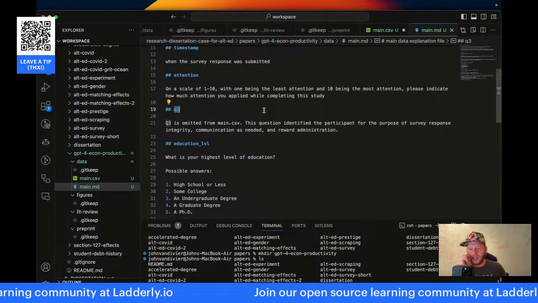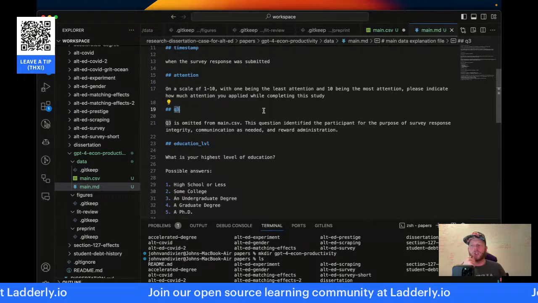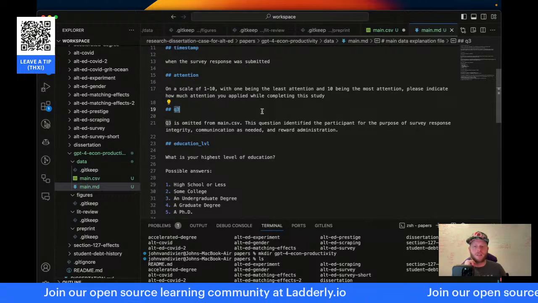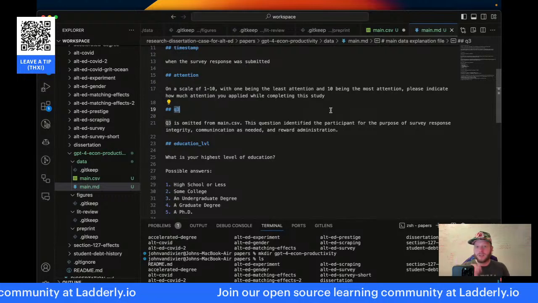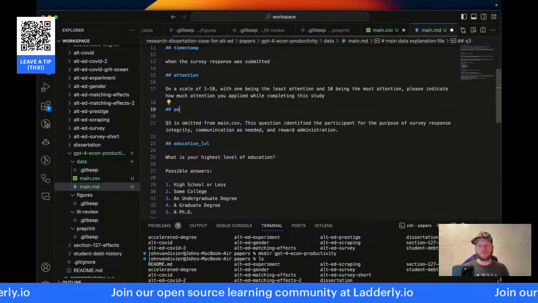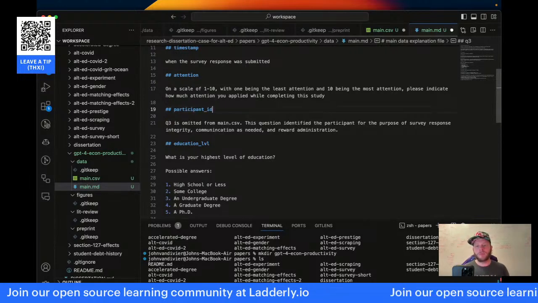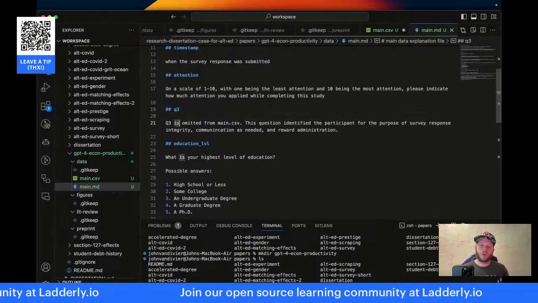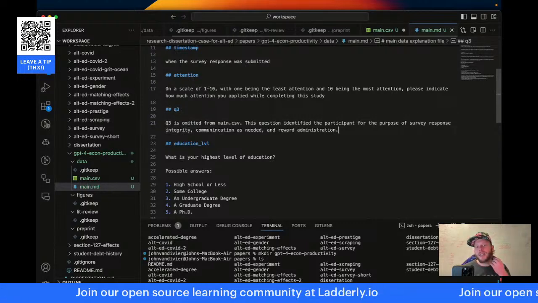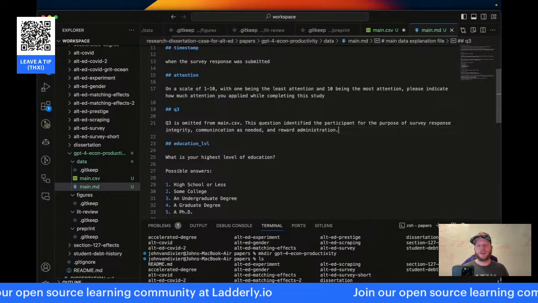Here we can just say ID. Actually, we do want participant effects. We do want participant effects. Okay, whatever. Q3 is omitted from main.csv. The question identified the participant for the purpose of the survey integrity.